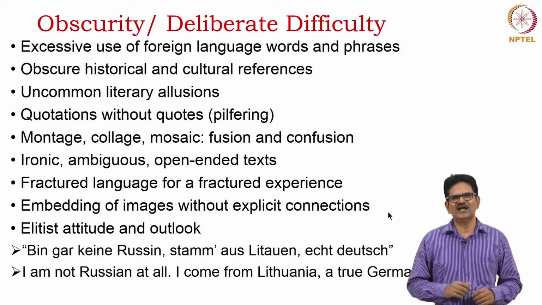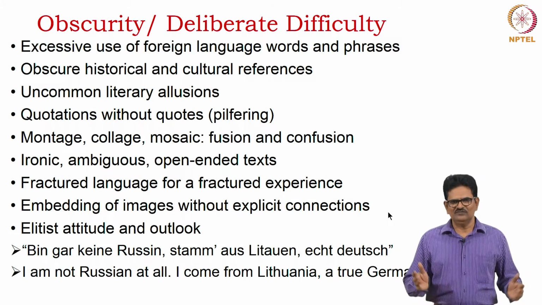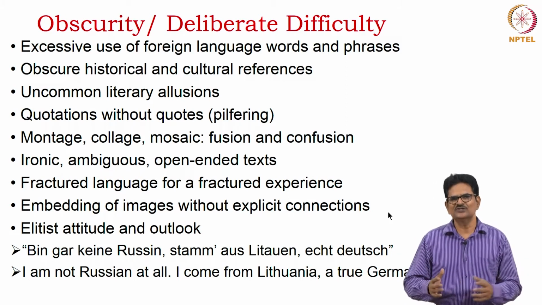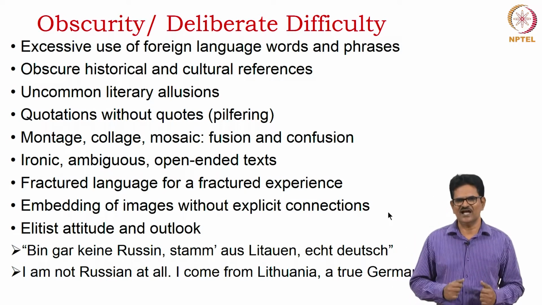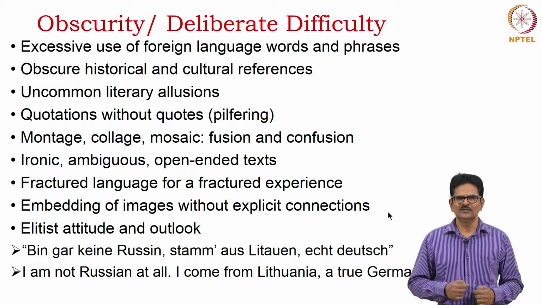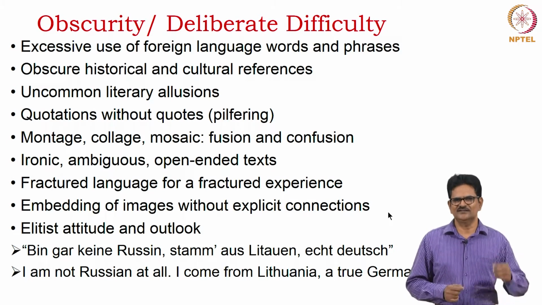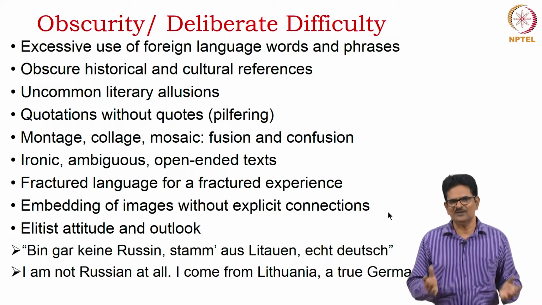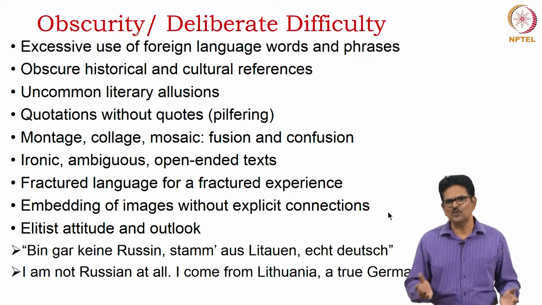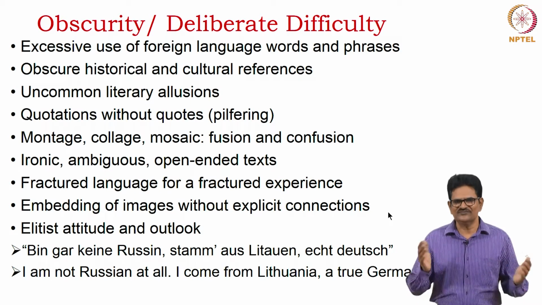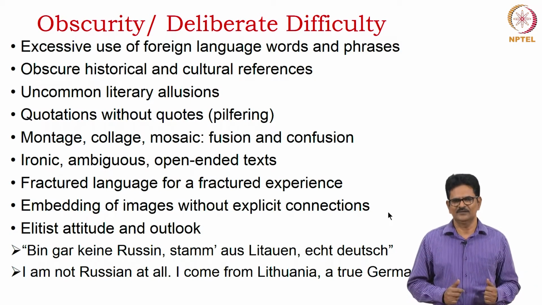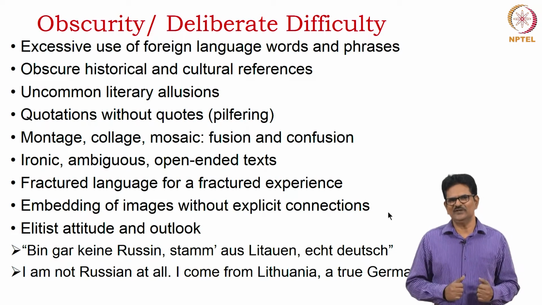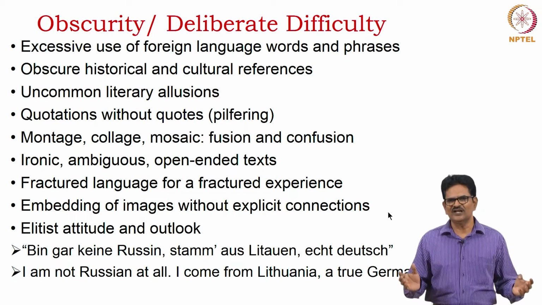That is where we have these techniques called montage, collage and mosaic. What we have here is a fusion leading to confusion, fusion by the poet and confusion for the reader. That is what we have in this modernist poetry. The stance taken by these writers is ironic, therefore their poetry is ambiguous and their poems are open-ended texts. They used a fractured language to represent their fractured experience, and to represent this experience they used images without explicit